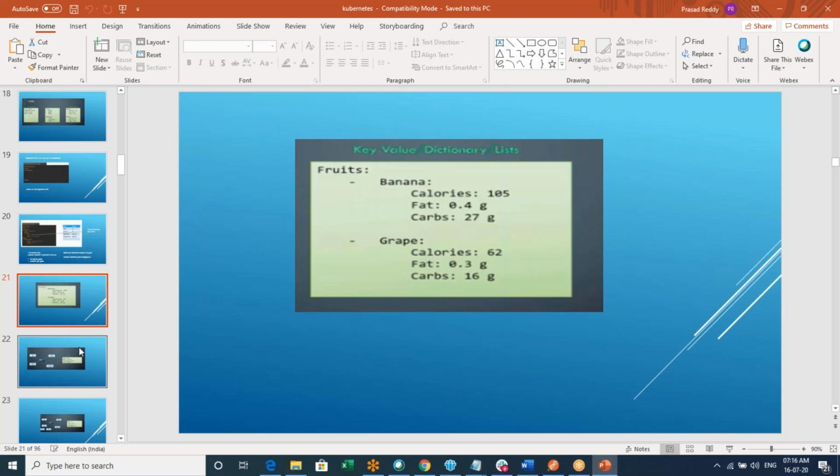Then you have a list. It is not the case that each list must definitely contain dictionaries. It can also have only one particular value, so that is also possible, and only a key value pair also. A key value pair has one value, and a list has multiple values. That value can be just an item, or it can be a key value pair or a dictionary. So it is like that.